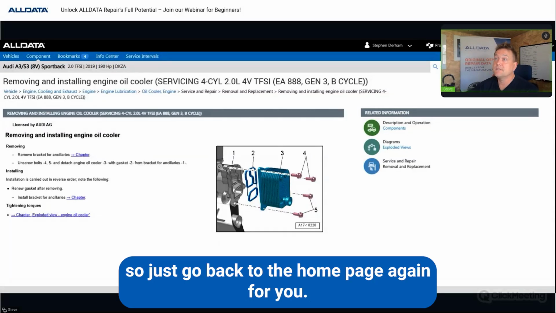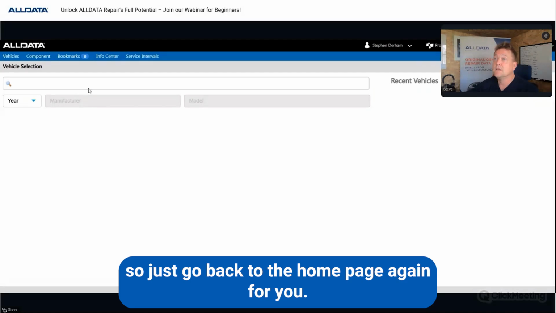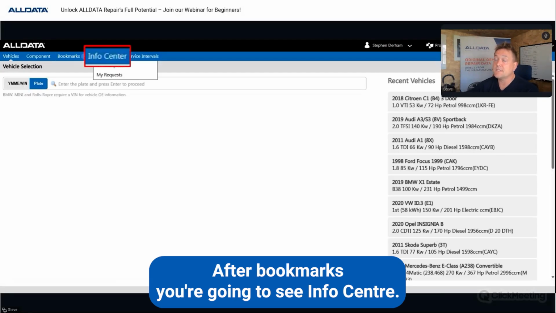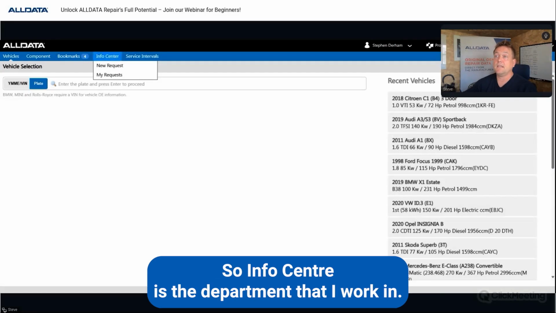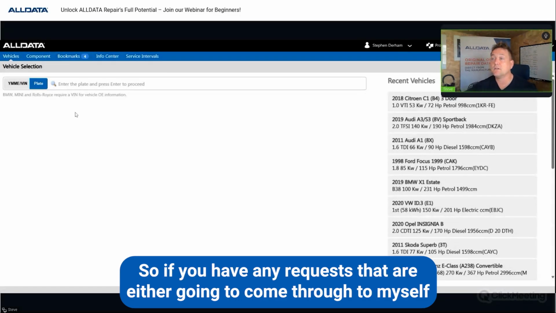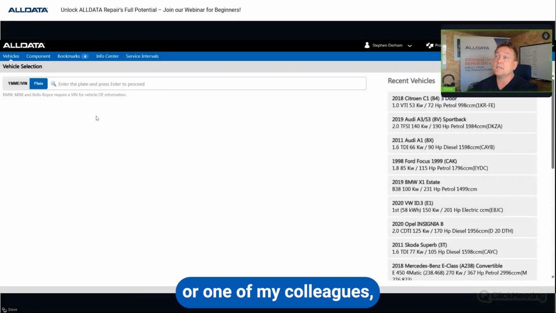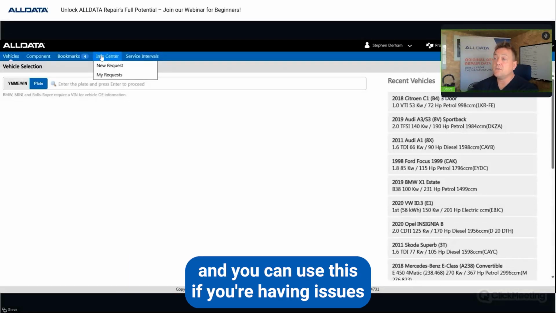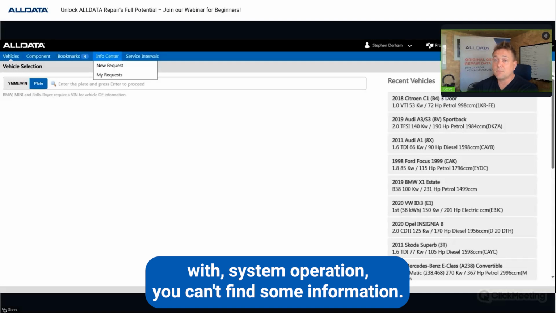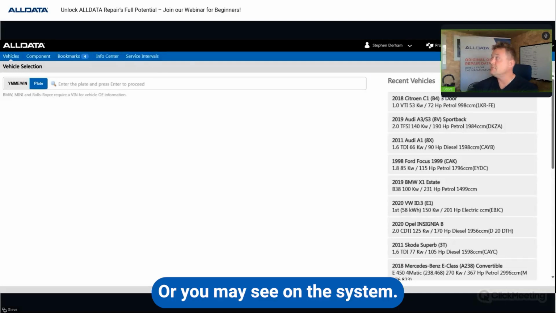Okay, so I'll just go back to the home page again for you. After bookmarks, you're going to see Info Center. So Info Center is the department that I work in. So if you have any requests, they're either going to come through to myself or one of my colleagues. And you can use this if you're having issues with system operation, you can't find some information, or what you may see on the system,